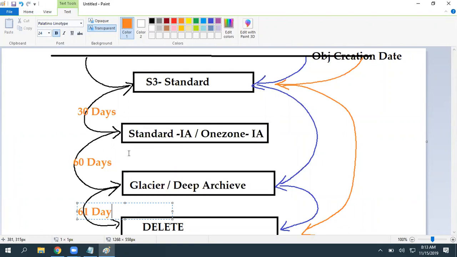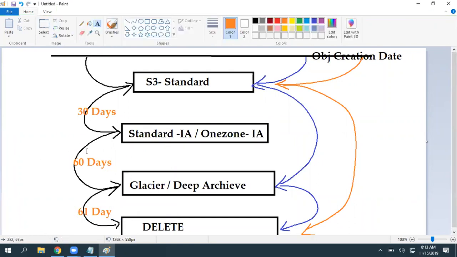So if you want to go with this first scenario, you are going to upload some data into an S3 bucket. If you apply a lifecycle management rule, after 30 days it will go to Infrequent Access, then it will go to Glacier, then it gets deleted based on the values we selected here.